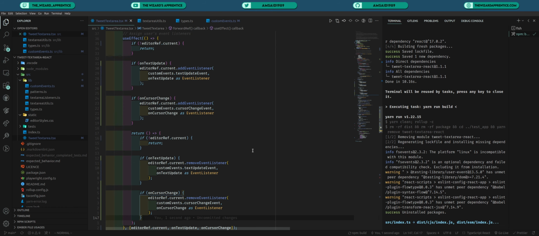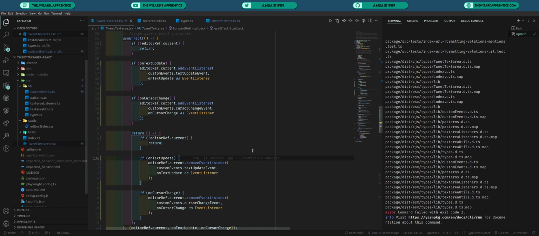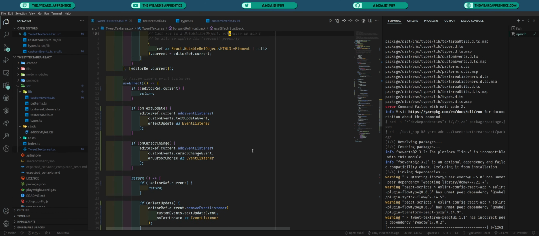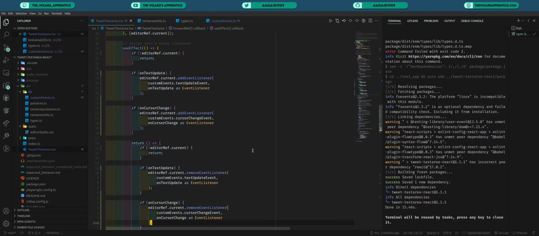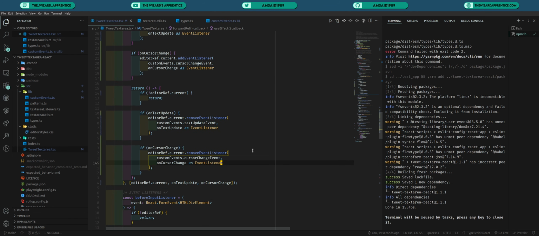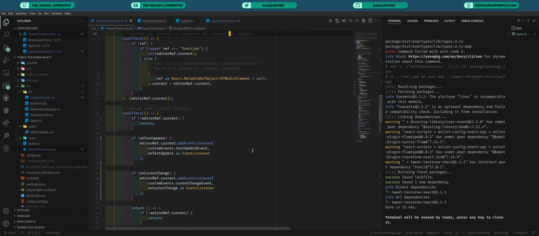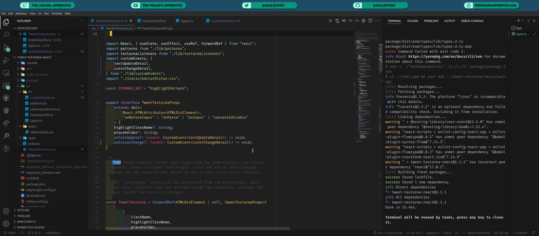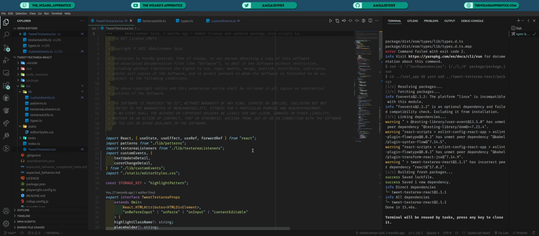So basically just assigning, if the user passes any sort of event listeners, we'll assign that to our component basically, and I think now we should be able to